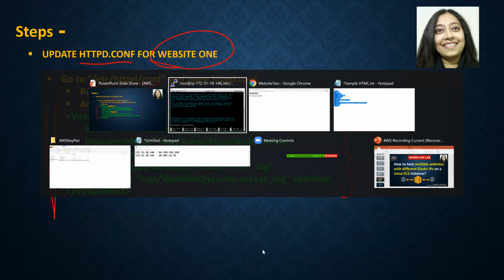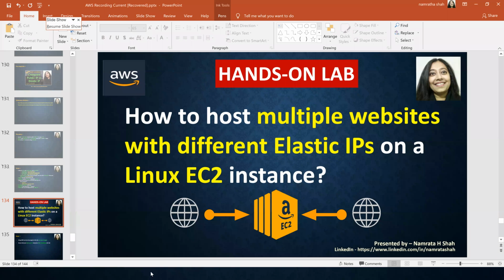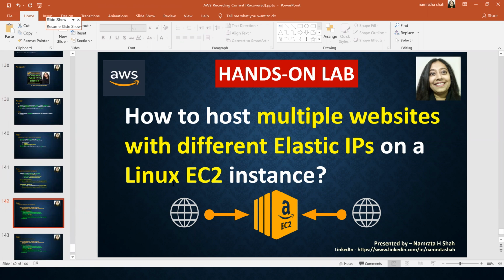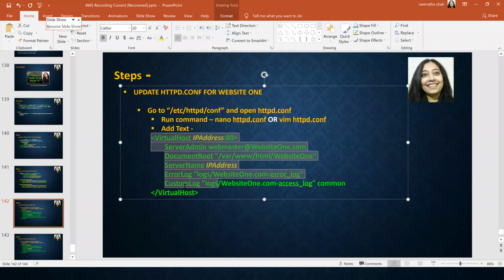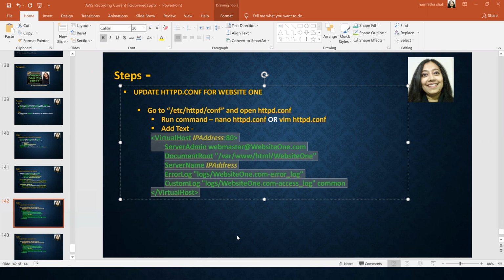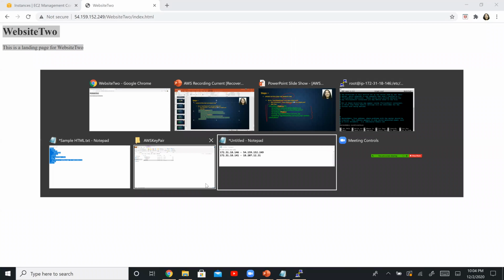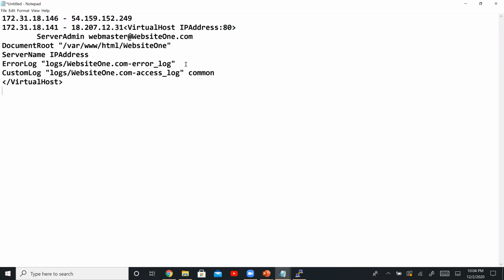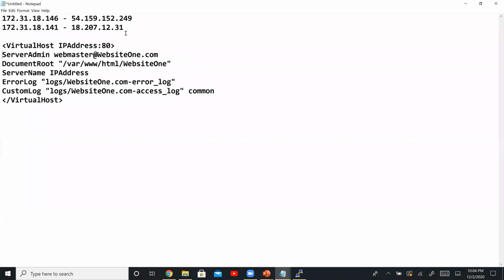So let me go and copy this piece of information that I had typed out. So let me just copy this, and I want to ensure that there are absolutely no funky characters. So I need to paste it in Notepad, right? So let's paste it right here. I want to ensure that it is correct.